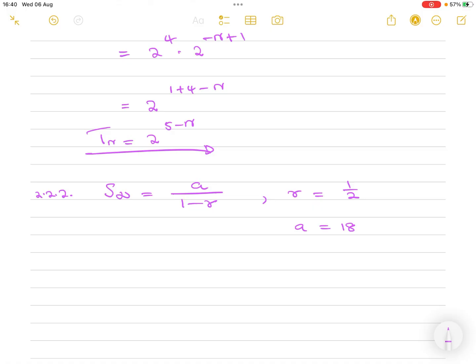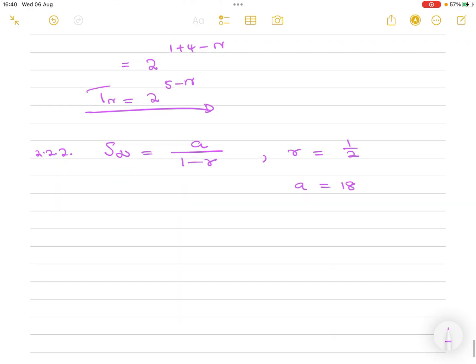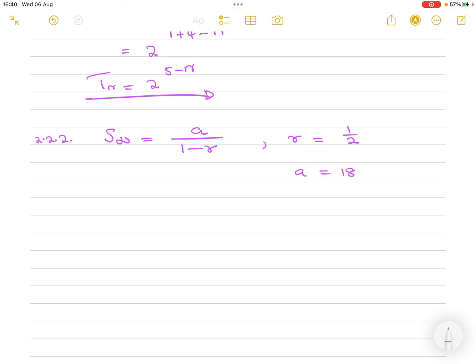But this is not the case. I have to find the value of n. So, do I have the value of n here? The answer is no. How can I get the value of n? I can get it when I work with a geometric series with the general term Sn equal to a into 1 minus r to the power of n